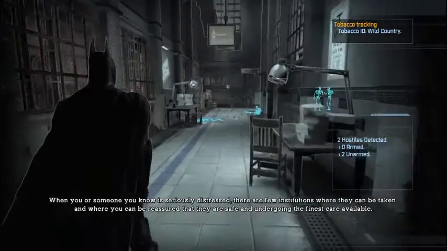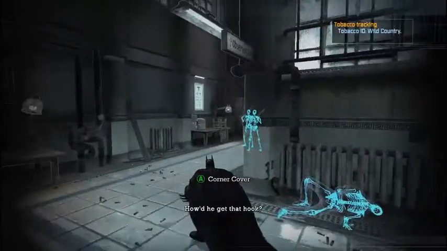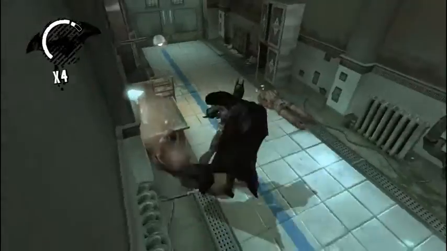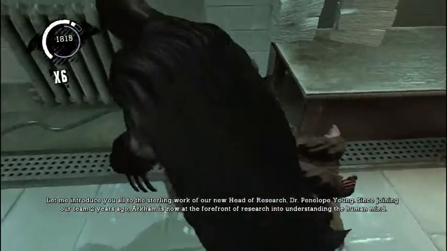Where they can be taken, and where you can be reassured that they are safe and undergoing the finest care available. An extensive breakdown of our costs and healthcare packages can be found at the front desk or at www.longcare.com/price. Let me introduce you to the sterling work of our new head of research,